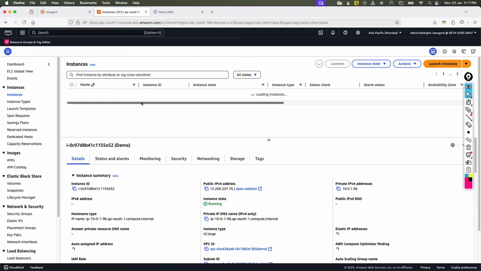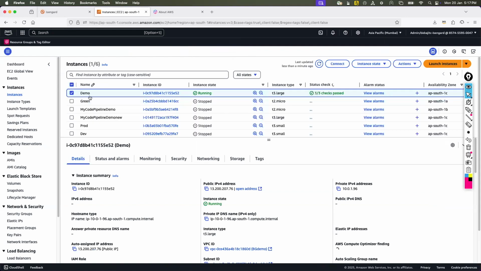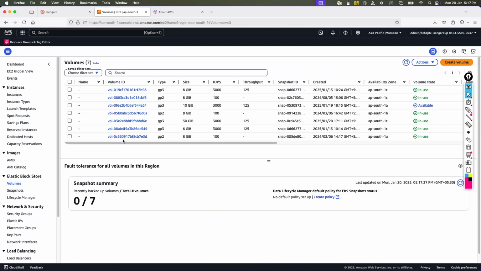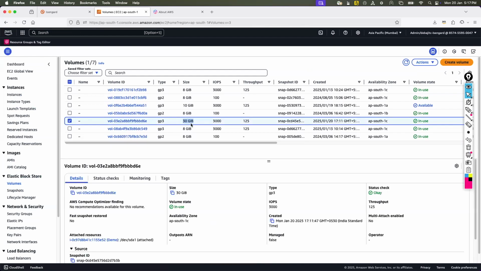Okay. Now, if I go back to the instances, and let's say I don't need that, I simply go and stop, or you can terminate the instances. Just remember, if you stop the instances, then you don't need to pay for that. Okay. If you terminate, you also don't need to pay for that. But if you stop, then you only need to pay for the storage which is attached. Okay. AWS will not charge you for the instances if you turn them off, but whatever storage you use, you have to pay continuously, on a monthly basis to AWS, the longer you use this storage.